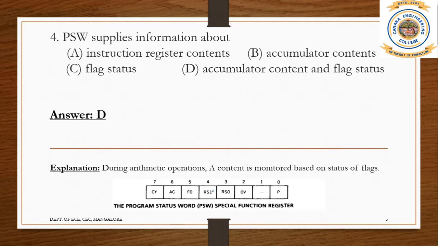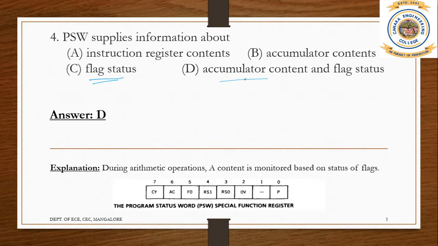As I told you in your first slide, there are 4 register banks and each register bank has 8 registers. So it is necessary to select the register bank if required. If you give 00 here, register bank 0 will be selected. If you give 01 here, register bank 1 will be selected. Accordingly, 10 selects register bank 2 and 11 selects register bank 3. So carry flag, auxiliary carry, overflow flag and parity flag are the flags affected by arithmetic operations. So these bits give me flag status. So this is true.